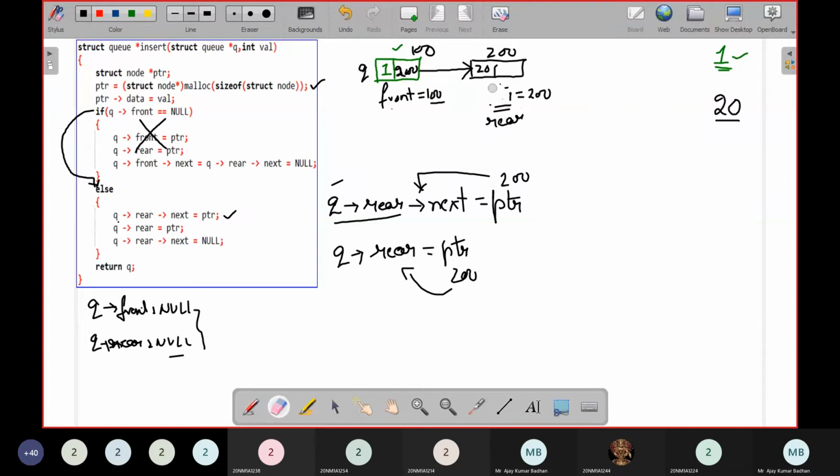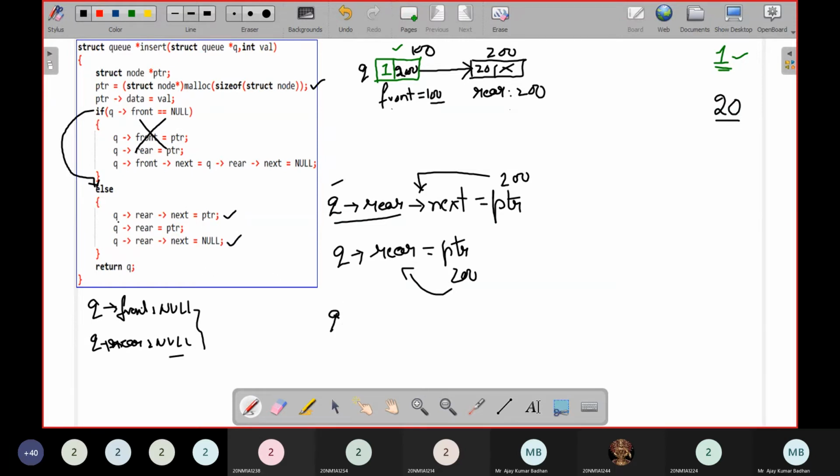Now what will happen? So this pointer will be vanished here. Now this node will be represented using something called rear. And what is the address present in the rear? 200. Now, is the task completed now? No. The next block of this particular rear has to be filled with null. I have to write null because there are no more elements present here. So how can I do that? That is the third step.